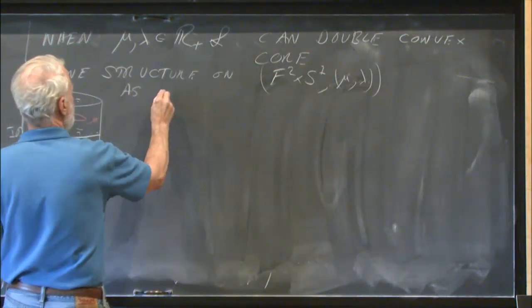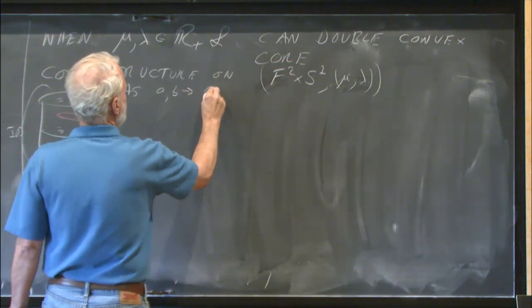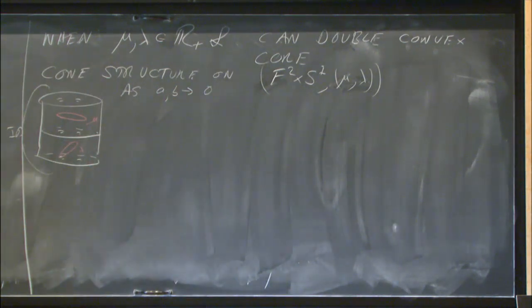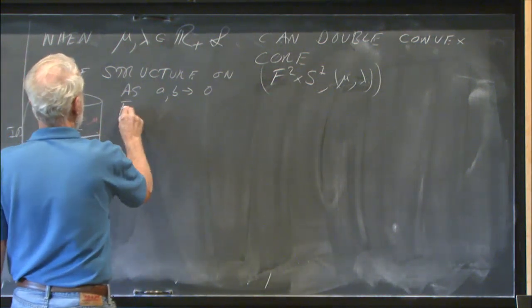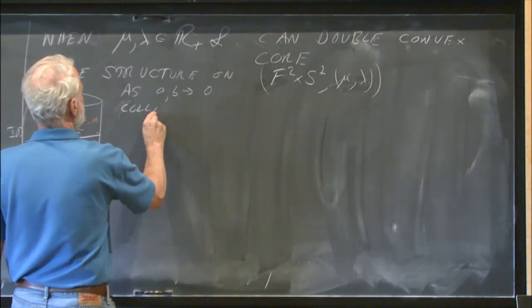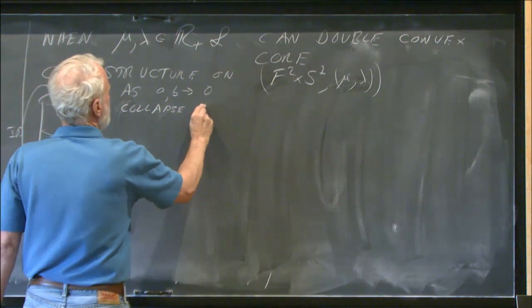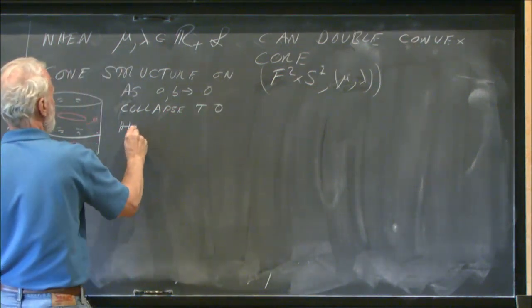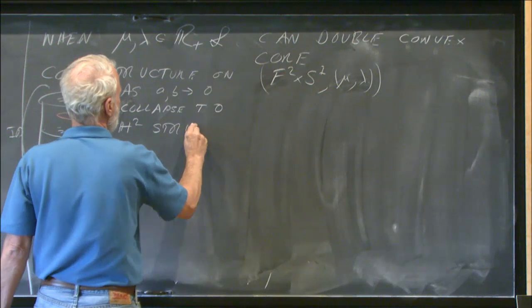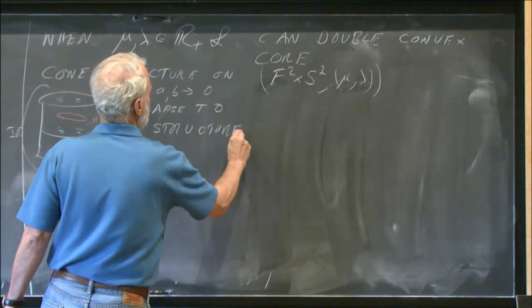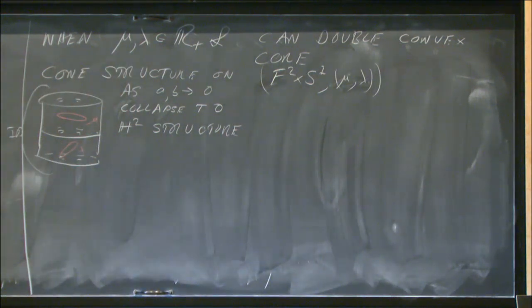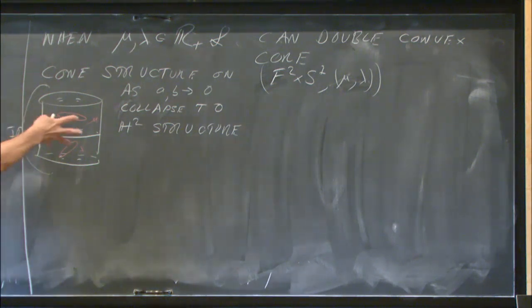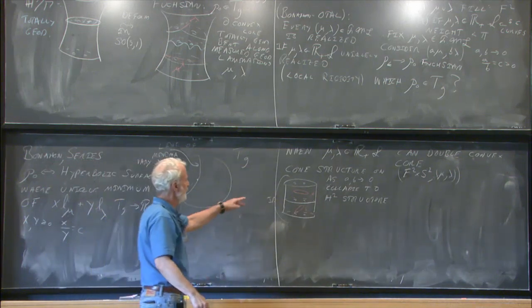going back to this picture as AB goes to 0. So we have a singular hyperbolic structure, then this flattens, this collapses to an H2 structure. And in fact, we know which one, the one I just talked about over here. Because these cone angles around here are just twice the amount of bending that I have over there. Okay. So there's a singular but robust hyperbolic structure on this when there's bending, but